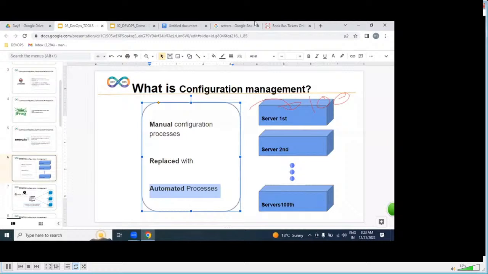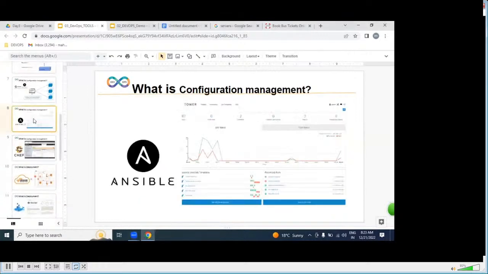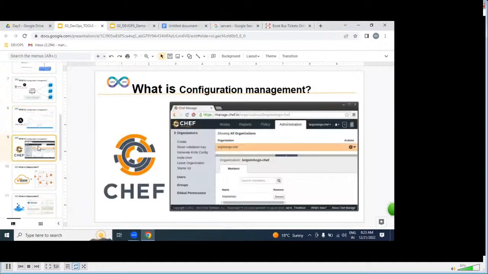For this, which tools are we going to be learning, guys, please? We are going to be learning Ansible and Chef. Ansible is a push model, Chef is a pull model. But if you want to automate these hundreds of servers, from where can we get them? By using Ansible and Chef, we can automate hundreds of servers. We agreed. But those hundreds of servers, from where?